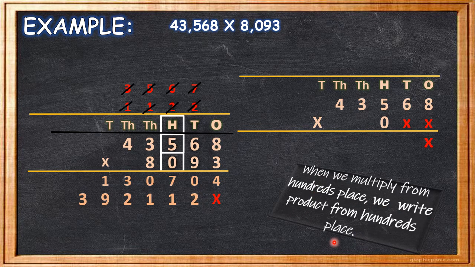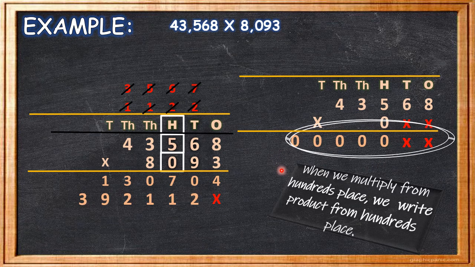Yes, so put cross under ones column, under tens column. Are we supposed to put cross under hundreds column? No. Why no? As we are going to start multiplication from hundreds column only. Yes children. So 0 into 8 will always be 0. 0 into 6, 0. 0 into 5, 0. 0 into 3, 0. 0 into 4, 0. Why? Because whenever we multiply 0 with any number, the product will always be 0, remember children. Now this product, copy here.